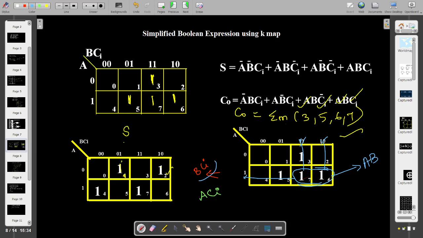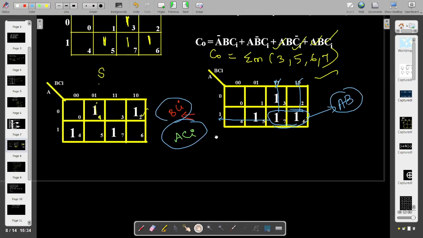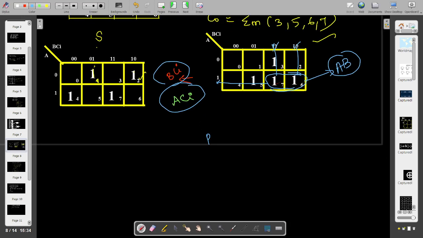So what are the three terms we got? One is BCi plus this ACi plus this AB. These three terms we got, right? So these three terms are obtained as a simplified one out of this K map, but still we need some other format so that it is easier for us to get the logic diagram. So what we are going to do now is,